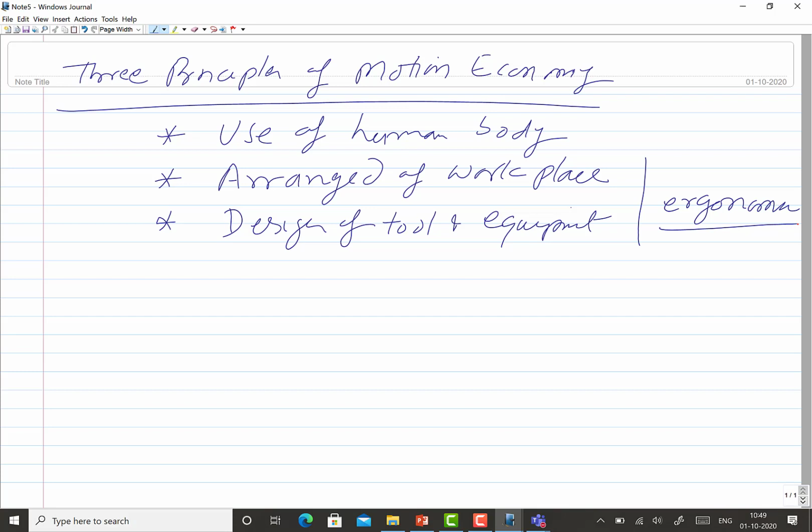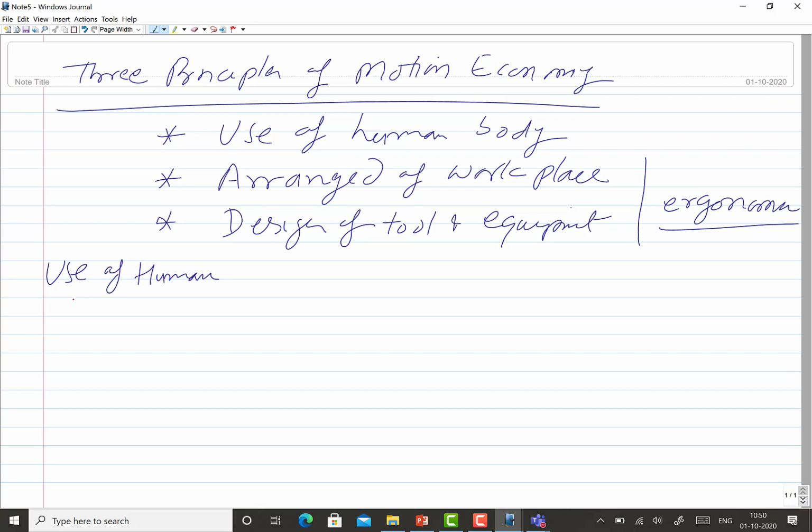So, broad guiding principles I'll be talking about here, and in detail how we design the different tools and equipment to be used by a worker. About that we'll be talking later when we talk about the ergonomics chapter. Okay. So, starting with the use of the human body,